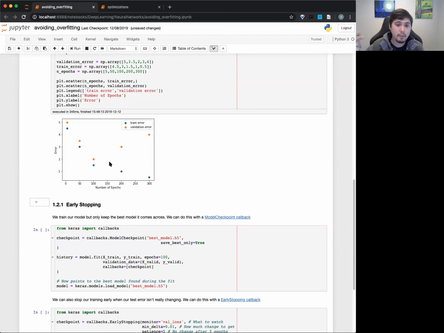So remember, an epoch is its feed forward part, where basically it feeds the information, the inputs, from the input layer going through the hidden layers and then to the output. That's the feed forward part. And then the back propagation part, we basically say, okay, from its predictions on the output, what were the true outputs? How off were you? And then it says, okay, you were off by this much.